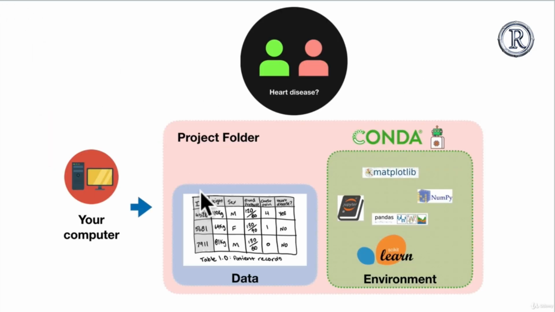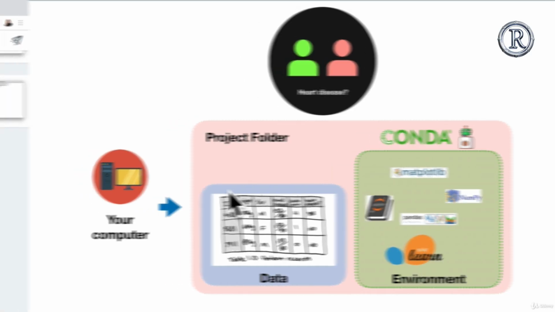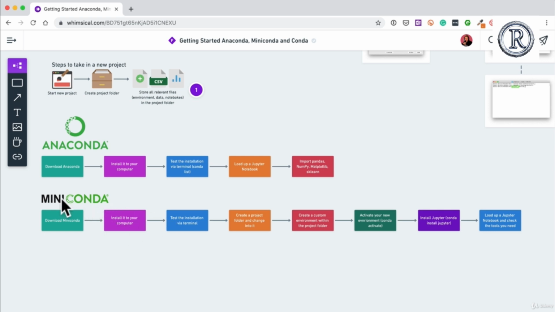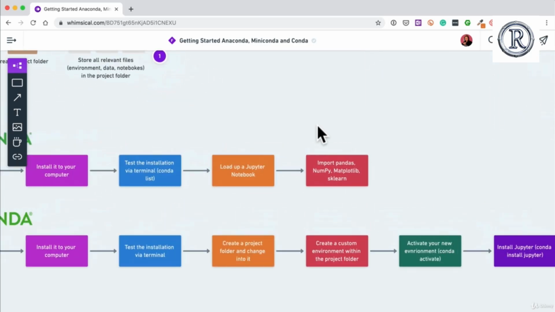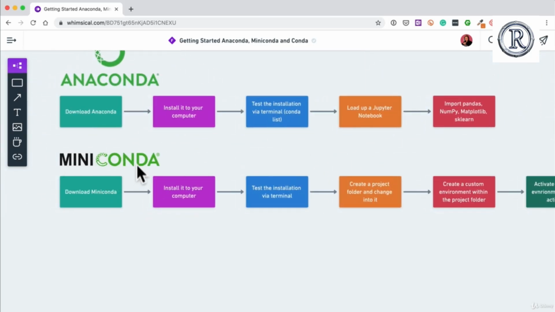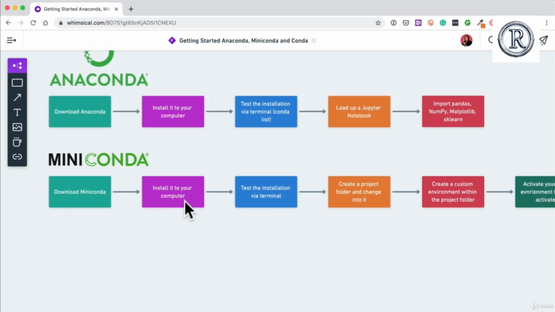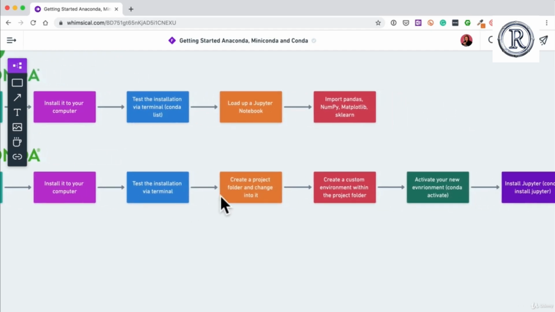And so we can just practice setting up a new project and getting our tools ready for data science and machine learning. More specifically, we're going to be going through these steps here. Now this flowchart will be in the resources section, but if we have a look here, this is the Conda one we're going to be taking because we've chosen to use Conda because it is the data scientist's workbench and it takes up 10 times less space on our computer than Anaconda, but offers all the value of what Conda can offer. Let's start with download Conda, install it to your computer, test the installation, create a project folder and change into it,